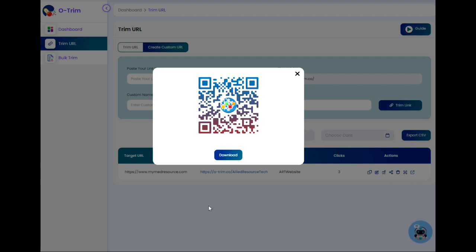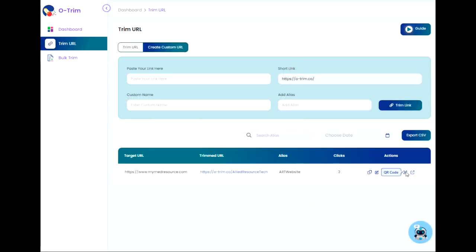There it is. So here is the QR code for the website, my website, Allied Resource Technology, just showing you that it's a functional button, which it wasn't functional just a little bit ago. And then also there is another grayed out button. I thought it worked, but it's not. It looks like it's to forward it to someone. Anyway, that's as far as I want to go with showing you each of the items in your